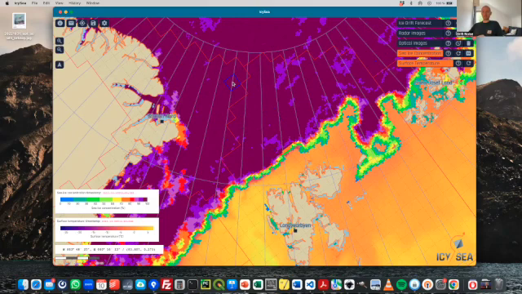So you can have images in gigabyte size, and obviously that takes forever to download. So we focused on cutting the data into smaller pieces so that you can look at specific areas that you're interested in, where a ship is, where you want to go, and avoid downloading gigabyte large images for regions that you're not really going to and you're not really interested in.